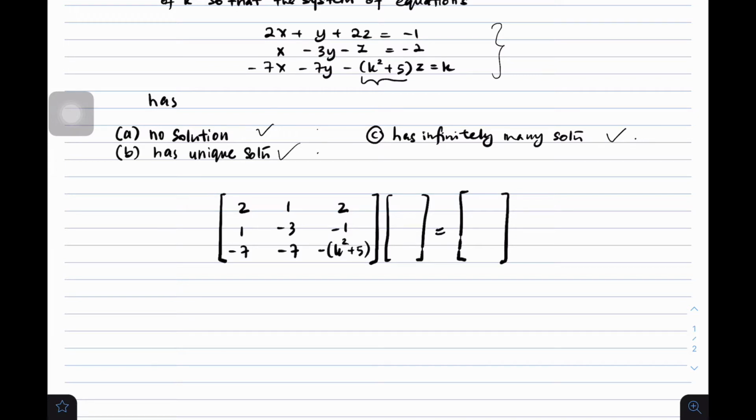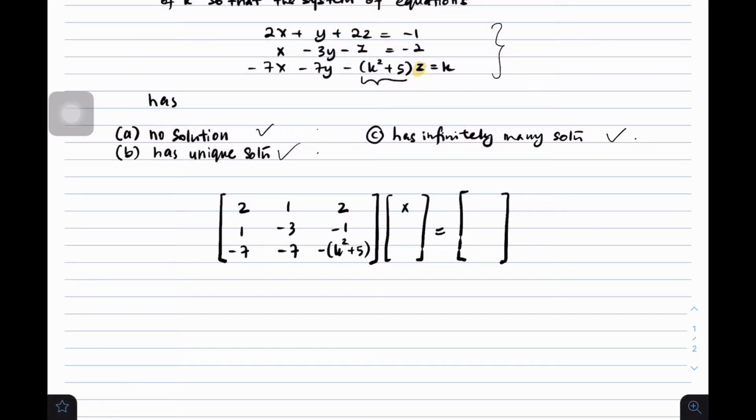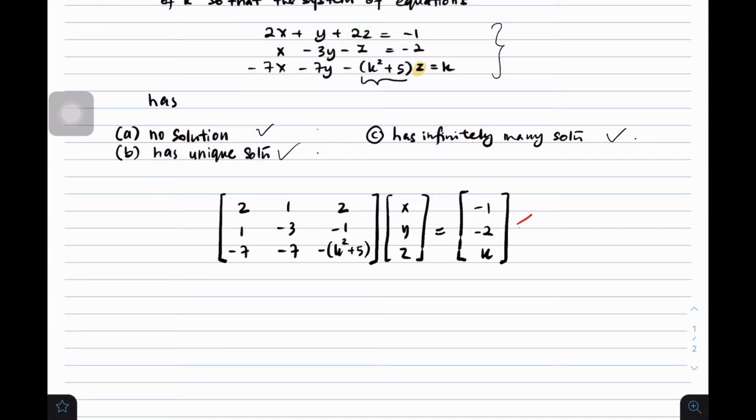How do you know this one is the coefficient? Because this one is the variable. Therefore, the rest is the coefficient of that variable. Okay, so you have a variable here. Your variable is x, y, and z. And you have a constant negative 1, negative 2, and also k. Okay, so if you can see here, you have b not equal to 0, which means we have a non-homogeneous